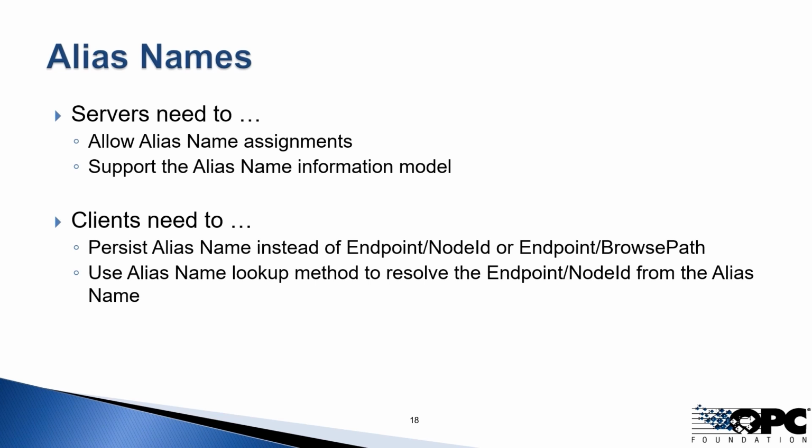I have to remember what those 5 things are, and usually what I'm remembering and persisting is the endpoint and node ID and/or the endpoint browse path. In the case of using alias name, though, you don't persist either of those. The logic is I persist the alias name, right? The alias name is the name that's been given in the system, and I use the alias name to look up the endpoint and node ID each time when I go to connect,